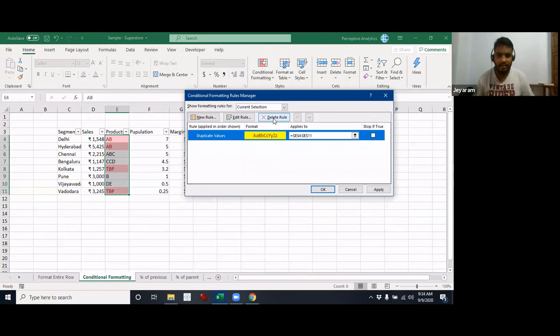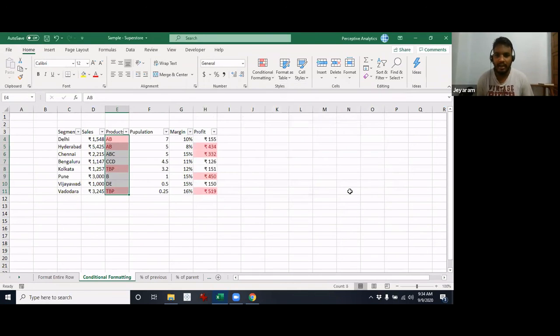Yeah, sure, shoot. When we use color scales, is there any way we can represent the legend somewhere, like the color goes from red to green and the values are from 7 to 1 or something? Good question. It is not automatic. What you can do is put in a color legend at the bottom, fill in the numbers yourself, apply the same thing again to get the same color scheme, and then write what that is. Got it.